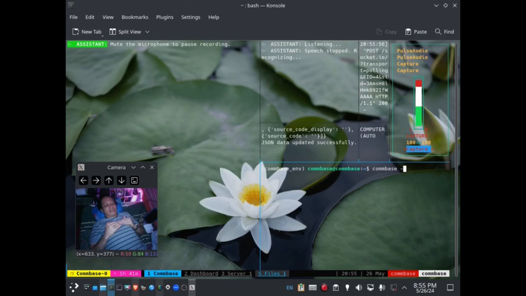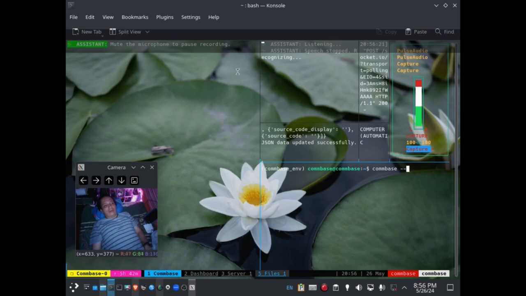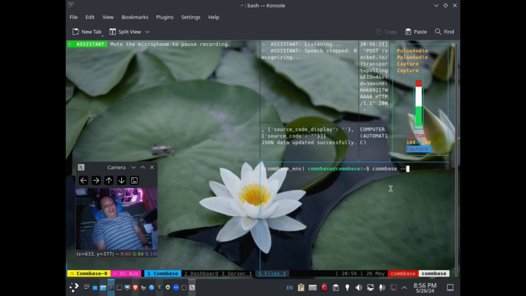So I need to change, in the default TTS engine, the voice index, and I also need to change the language to Spanish. So I want to do that like this. This message has to change, mute the microphone to pause the recording in the next start.